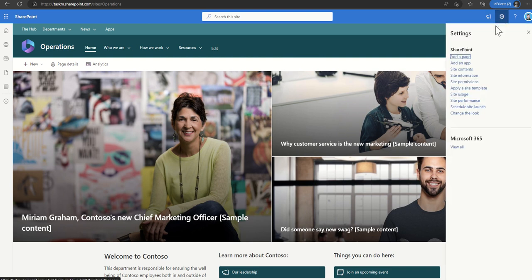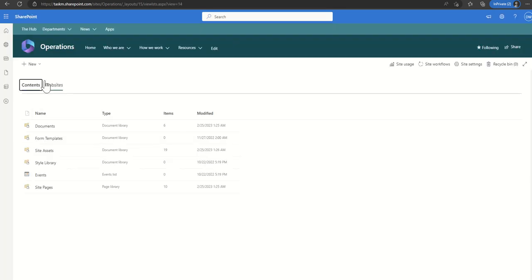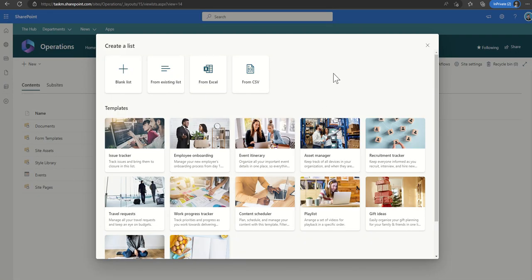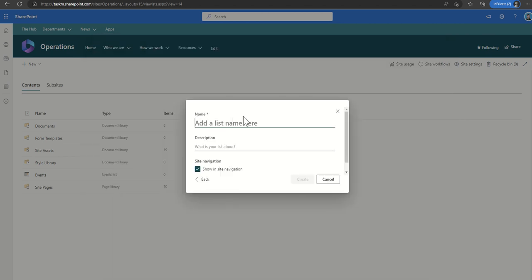So I could click on the cog, then I can click on site contents. And then across the top, I've got the ability to create a new list. Now this, you'll see, is exactly the same interface it's going to give me. I can choose to create a blank list or from a template or load an Excel spreadsheet or CSV. So I'm going to click on blank list, and this is going to be my incident,